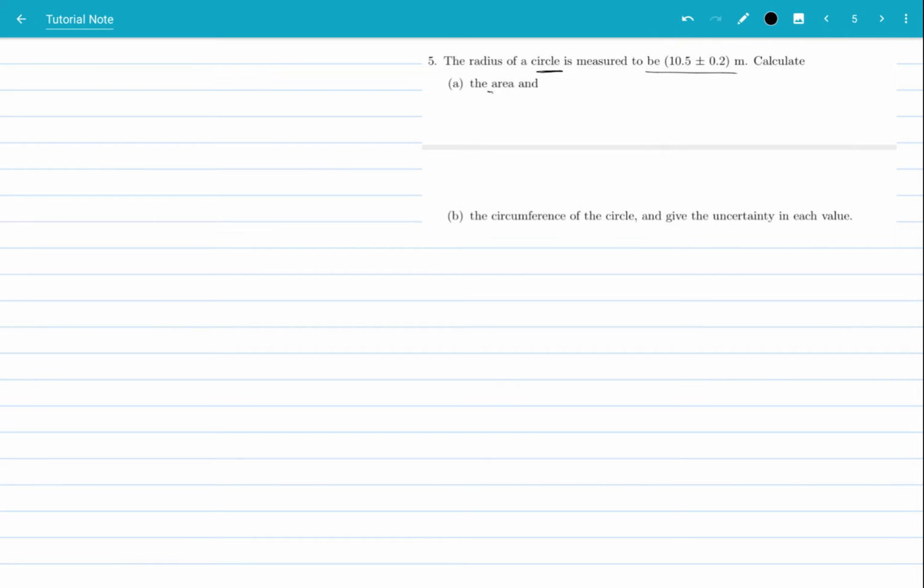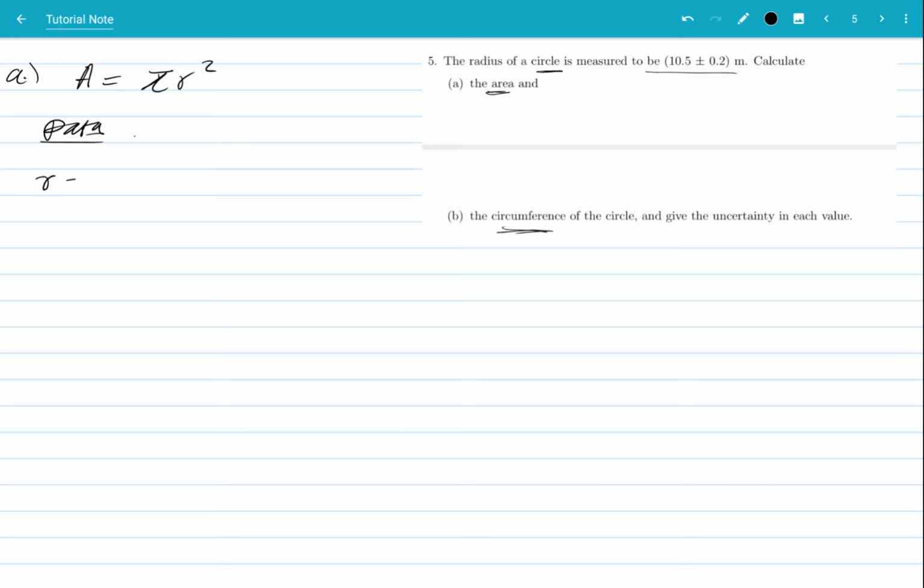Calculate the area and the circumference of the circle and give the uncertainty in each case. Alright, so now basically area is equal to pi r squared. Now since they want us to show the uncertainty in each case, then the uncertainty in our case here is